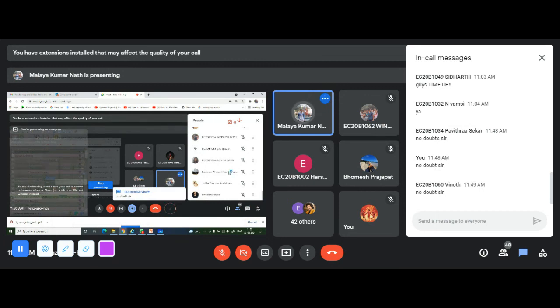Okay, then fine. We'll stop it here. As you are taking the class continuously, we'll allow you to go 10 minutes early. So next class, maybe the day after tomorrow, I'll discuss another 2-3 numericals related to this convolution.